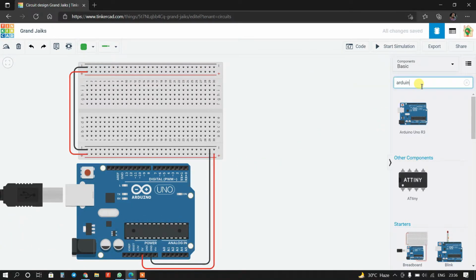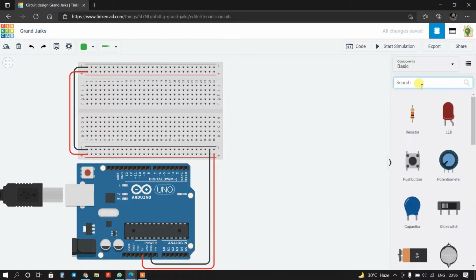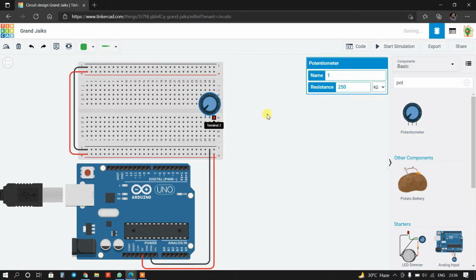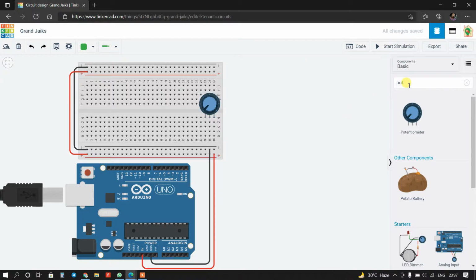Now I will search here potentiometer. And it is normal 10K. And now LED.